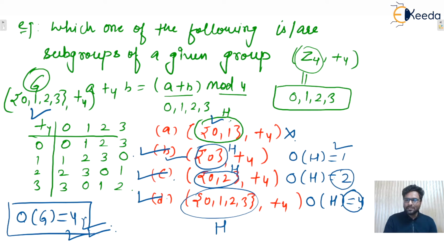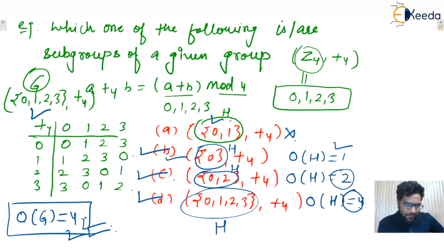So one possibility is that the subgroup may have order equal to 10. Or the subgroup may have order equal to 5, isn't it? Because 5 divides 10 as well as 10 divides 10. Similarly, in this particular question, is any subgroup possible with order equal to 3? No, no subgroup is possible with order 3 because 3 doesn't divide 4, isn't it? Okay, that is the first property.